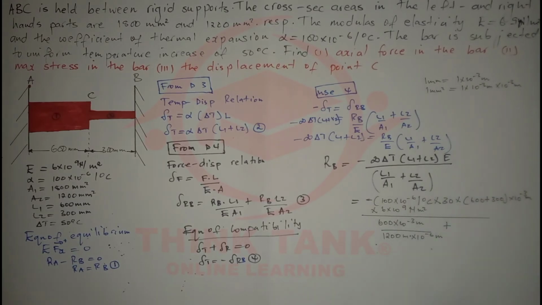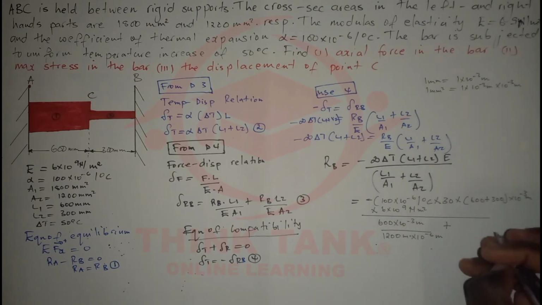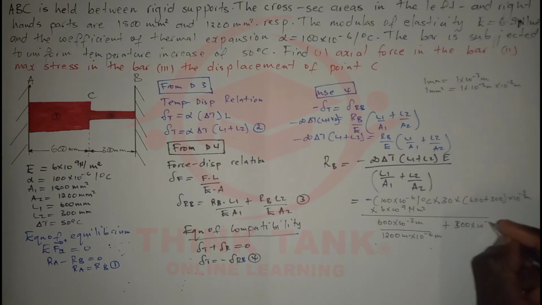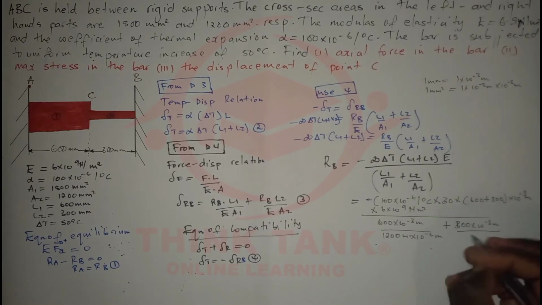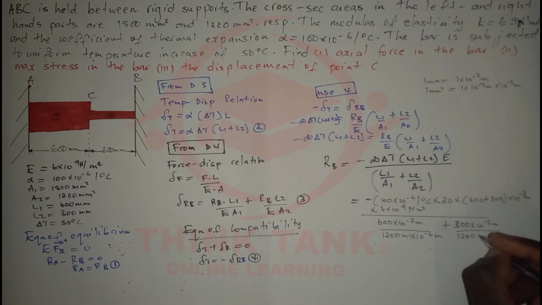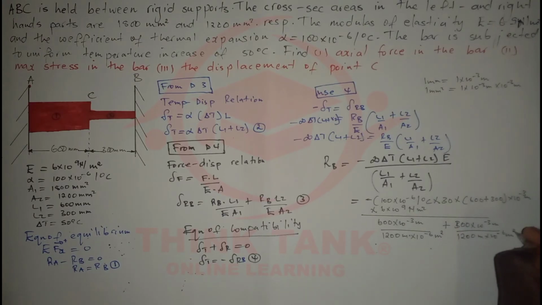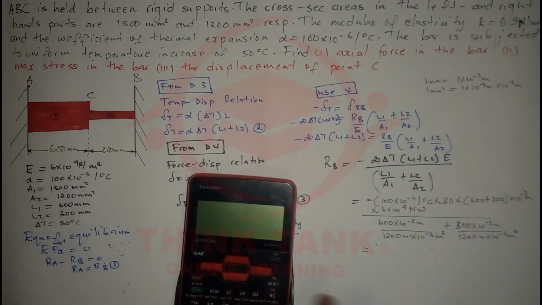Then I'm going to write plus. And now for L2, which is 300 millimeters, times 10 to the power negative 3 meters, divided by 1200 times 10 to the power negative 6 meters squared, since it's the area. We're going to get